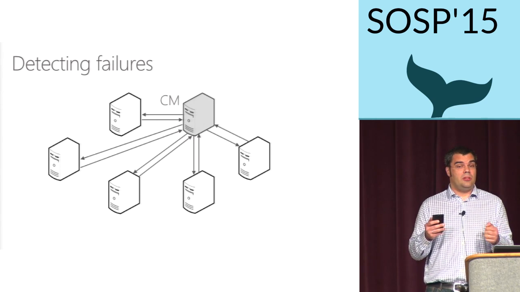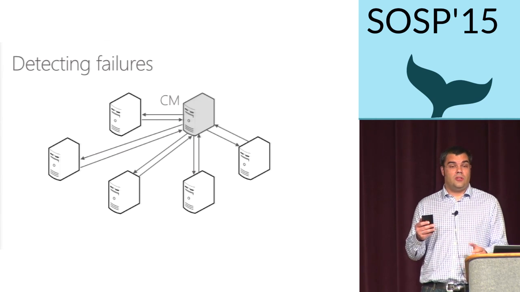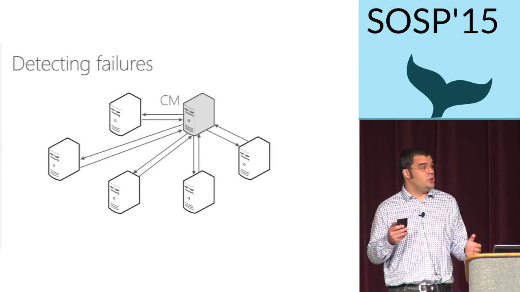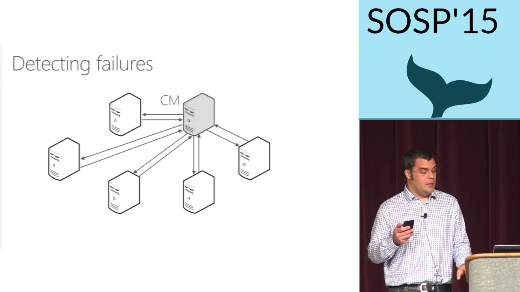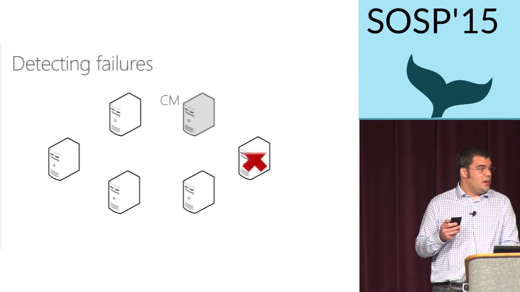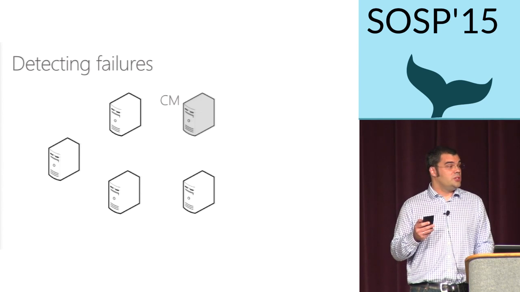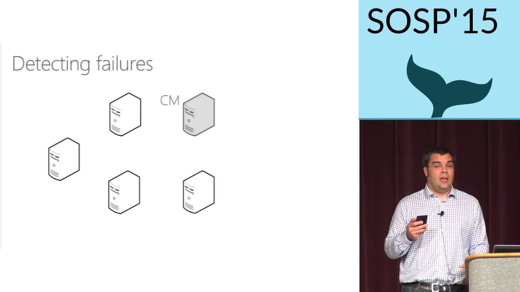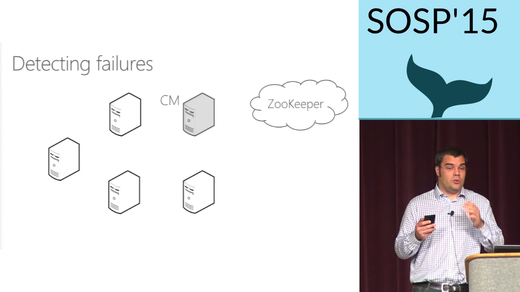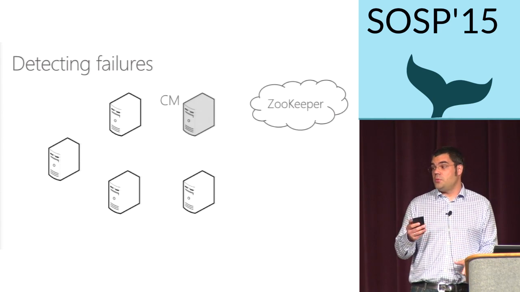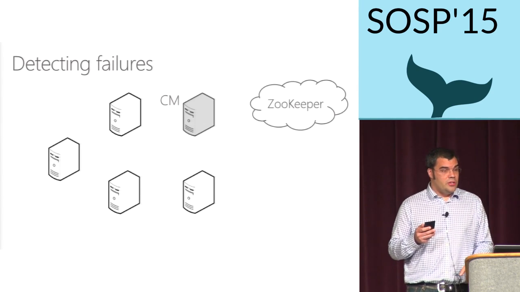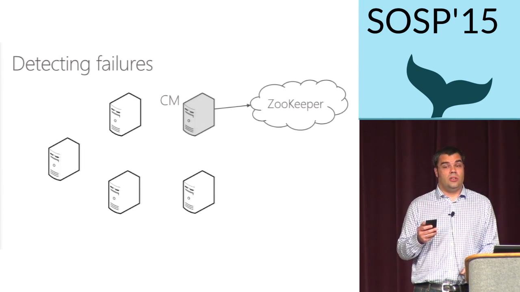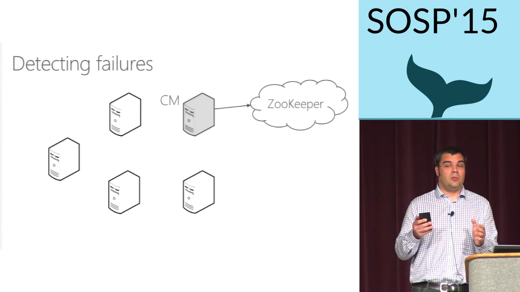Other machines at the same time detect failures of the configuration manager. So if the configuration manager fails, another machine is going to detect it and take over, and the cluster is going to keep running. When a machine fails, this is detected by the configuration manager, which then starts the configuration change protocol, which is needed because we have this primary backup replication scheme. The first step is to write the new configuration to the agreement service on the side that we use, and in our case, we use ZooKeeper. So this is basically a vertical Paxos approach.